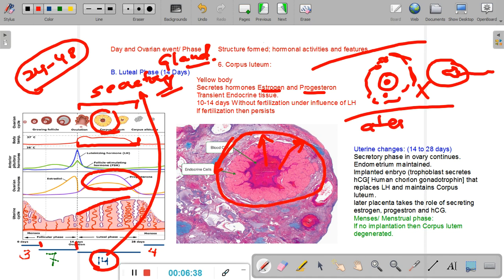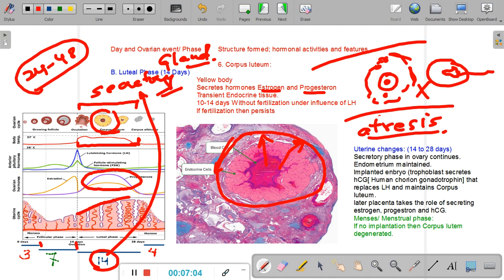I hope now you remember the meaning of the word atresia. Atresia simply means degradation or degeneration. For the exams you can simply write down the degradation of the structure. So the corpus luteum starts to undergo degradation, it starts to undergo deformation, and the cells responsible are primarily macrophages